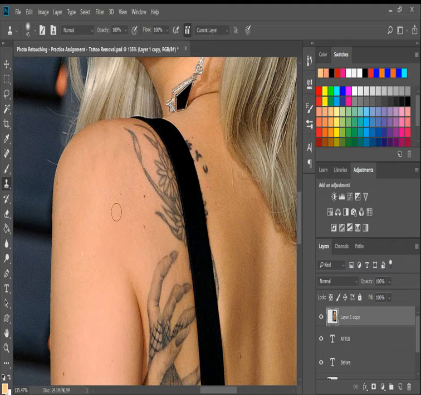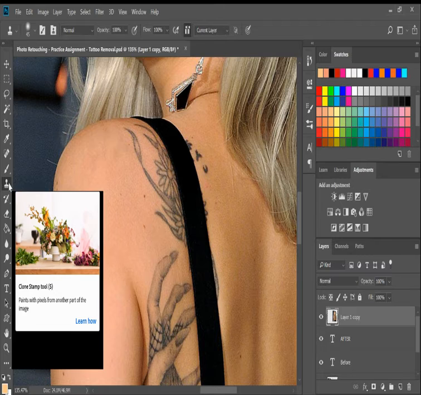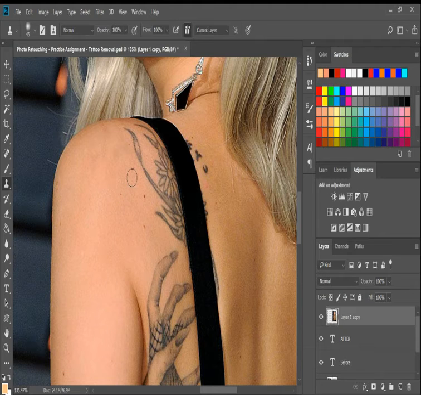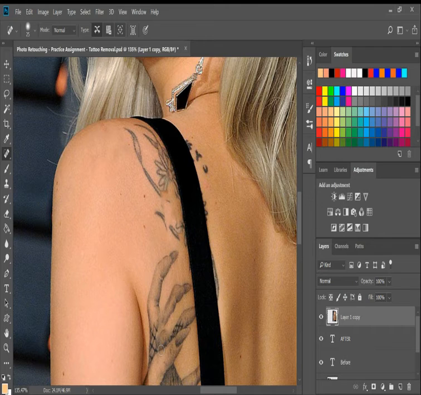Okay, so the clone stamp is a little bit different. What it does is actually clone sections of your assignment. Whenever you hover over a tool, it gives you a little mini demo of what it's doing. So you can actually just copy or duplicate sections of whatever you're working on. With this assignment, we want to clone the good skin or the clean skin over top of the tattoo. The reason that you can't just use this healing brush is once you get into areas that have a lot of stuff or a lot of different pixels with them, it tends to just not do anything. It just recopies whatever's there. So sometimes you have to just paint over